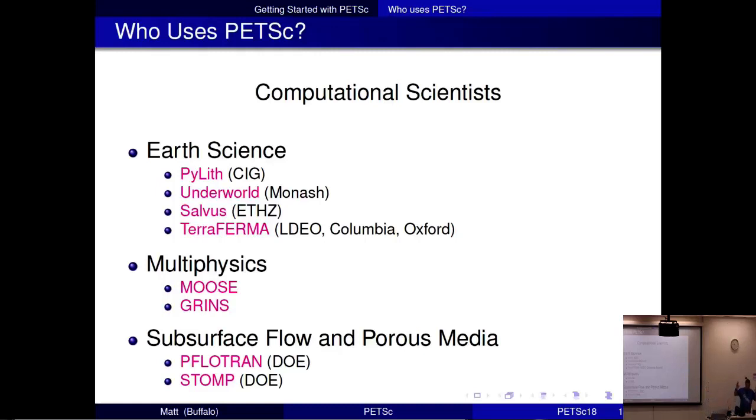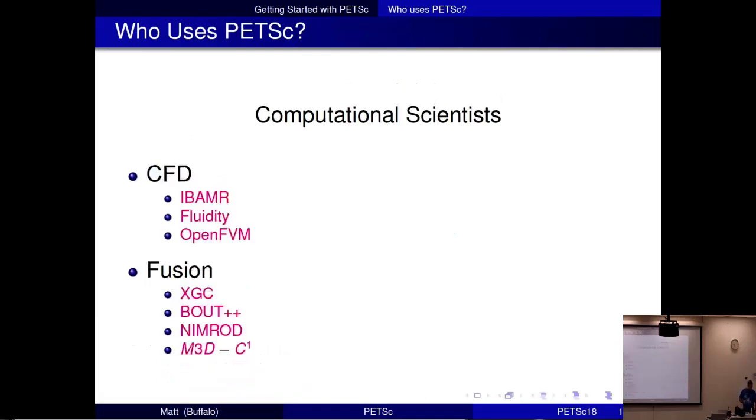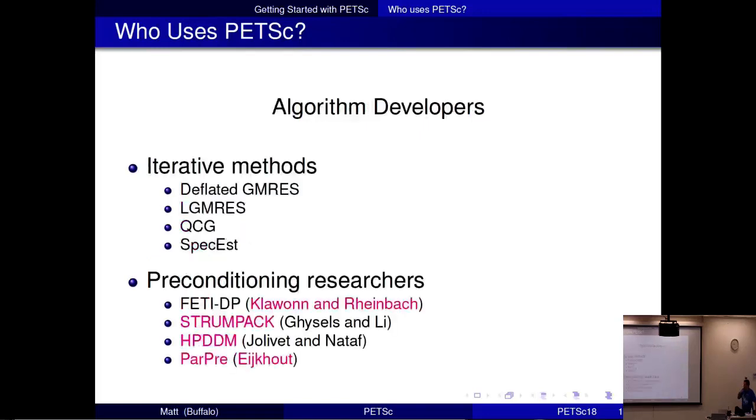So you can see that one avenue would be, oh, I have a larger package. I can use some of the functionality for solving linear or nonlinear systems or time-stepping problems. In CFD, things like IBAMR, or Immersed Boundary AMR, or Fluidity do that too, or these fusion packages. But you can also do just algorithm development, and I would say it's a pretty good platform for algorithm development